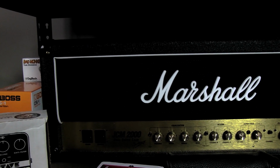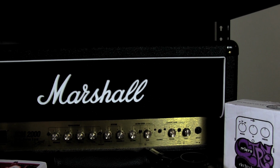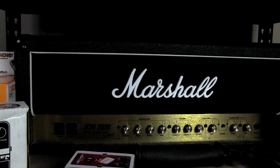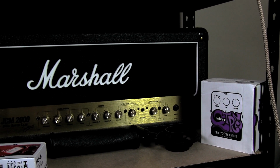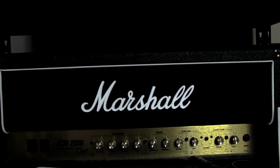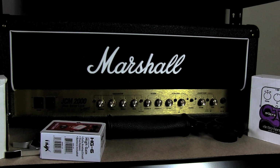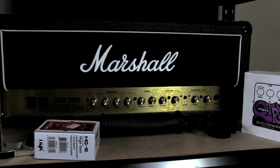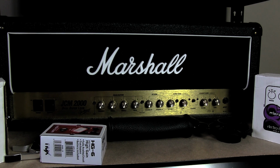Okay, so next up we have my Marshall JCM 2000, the Dual Super Lead 50. It's a 50 watt Marshall head. This Marshall, I extremely enjoy the crunch channel. The clean surprised me as well, because I've never been a big fan of Marshall cleans. But the crunch and the clean channel for this actually allowed me to sell a Fender 410 Blues DeVille. So I actually made myself a little more room because of this amp head here,